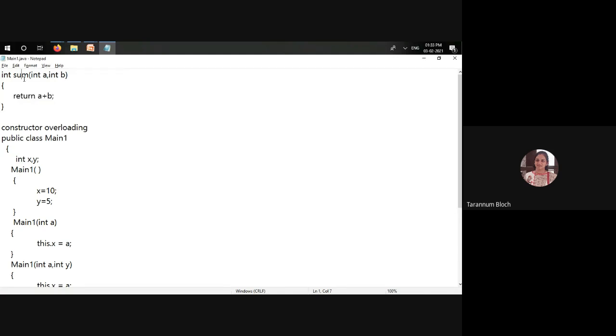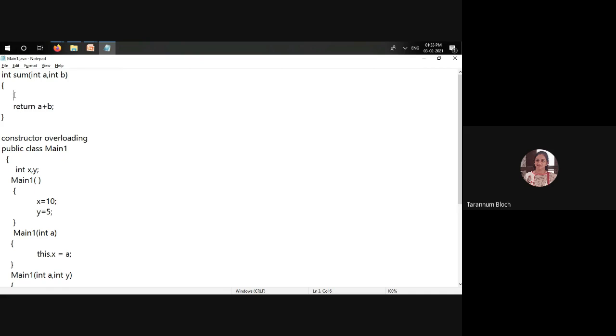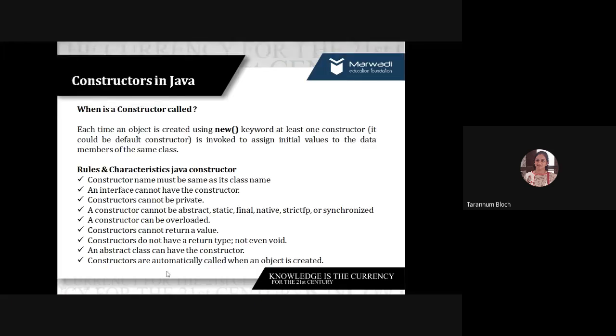Right? I can do this or I can do this. I can write integer sum is equal to a plus b and return sum. Both things are the same. Either I write these two lines or I write a single line where I return a plus b. In short, we are going to have an integer value as the return value of this method. So this return type or return value is not possible with the constructor. That's the rule. Constructors cannot return a value.